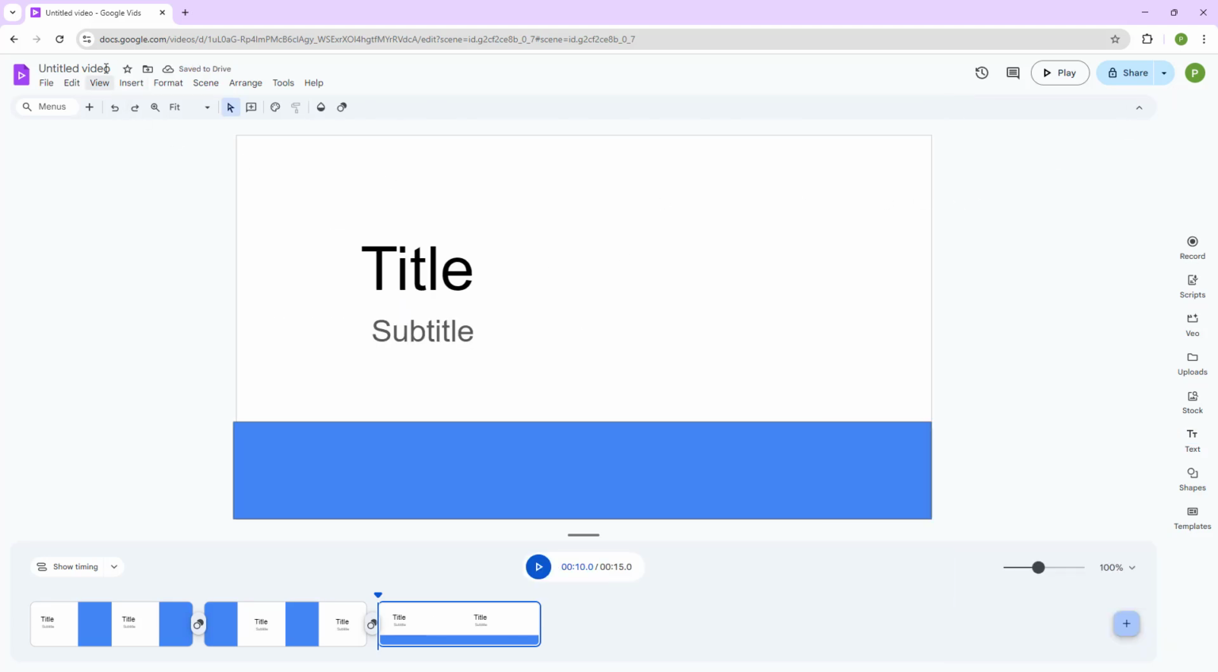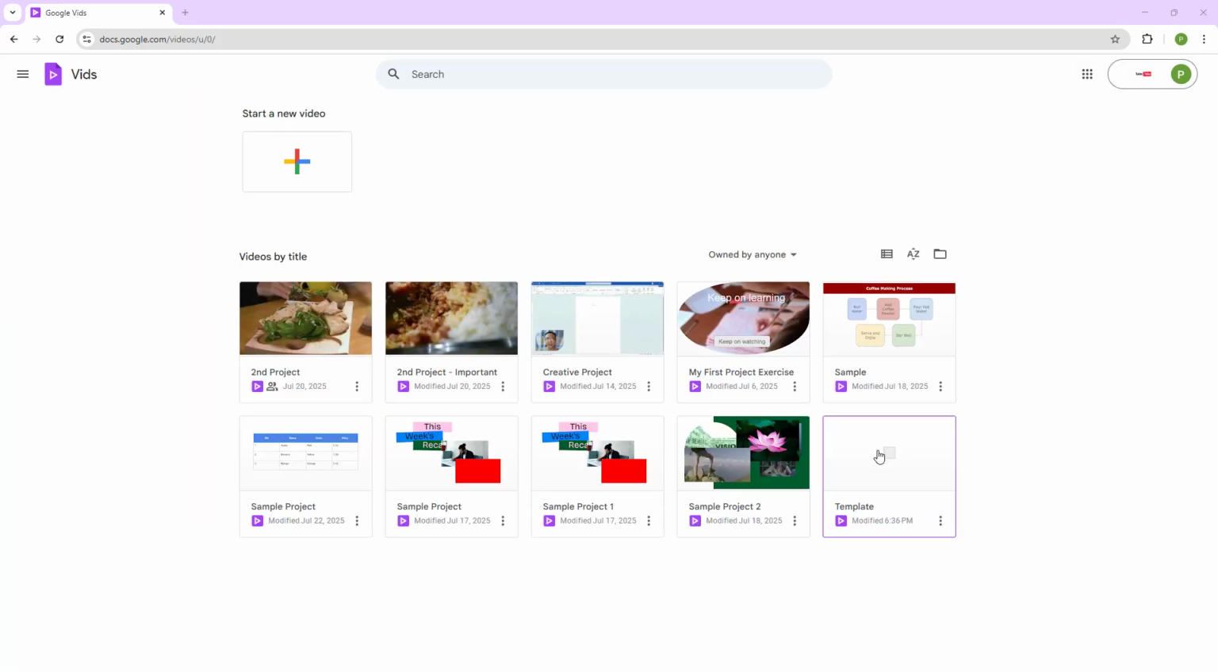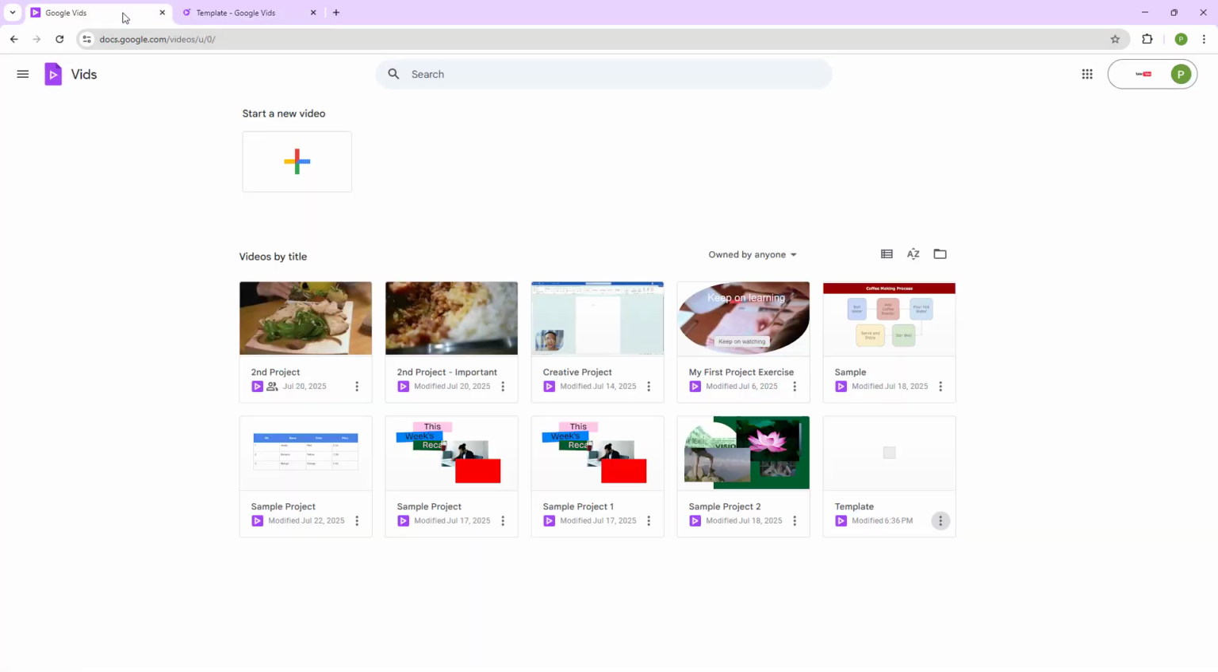Now what you can simply do is name it as template right here, just like this. And then if you go to the home page, this is what you see. You've got the template right here, as you can see, and now you can open this up. So the trick is to not actually make changes to this,